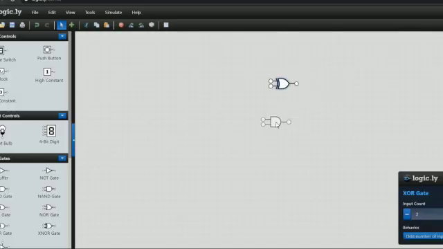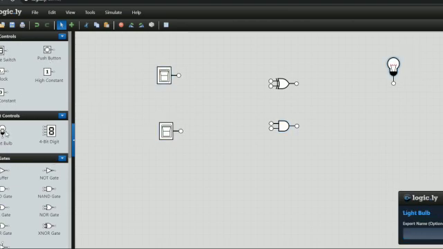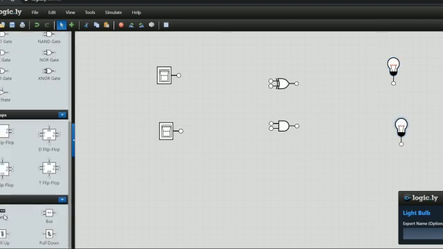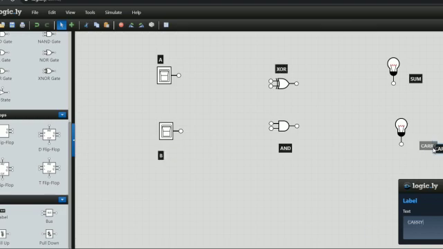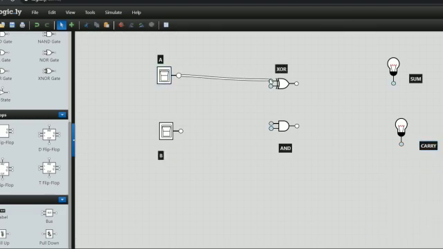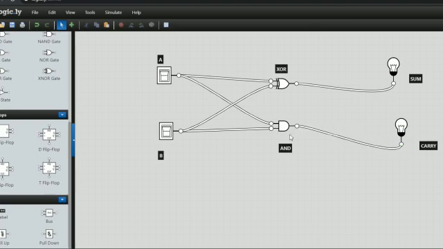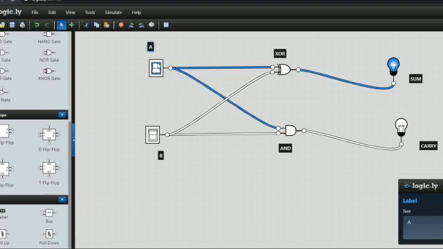So now we are going to implement half adder. For that you will need 2 toggle switches and 1 XOR gate and 1 AND gate, and then 2 bulbs that will be named as sum and carry. And now we are going to give input and output. If you give 0 and 0, the output will be 0 0, and if you give 1 and 0, then the output will be 1 0, and if you give 0 and 1, the output will be 1 0, and if the input is 1 1, then the output will be 0 1.